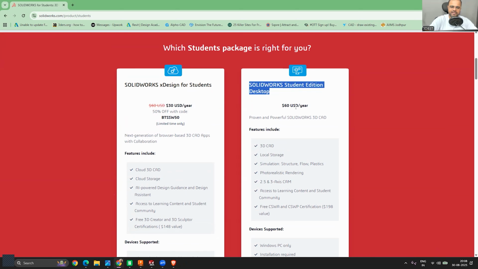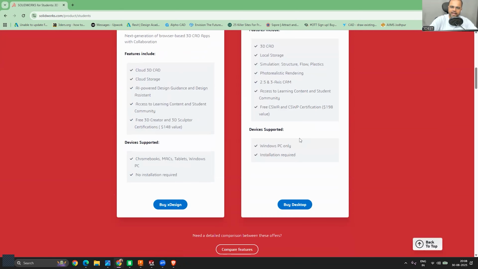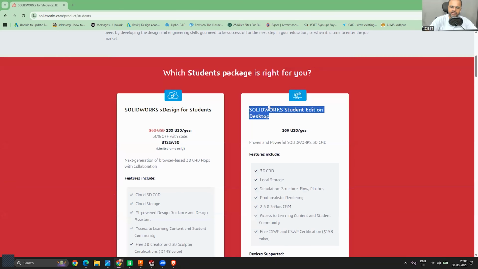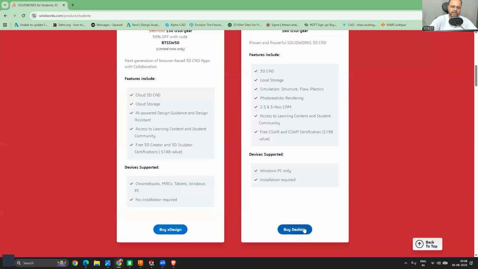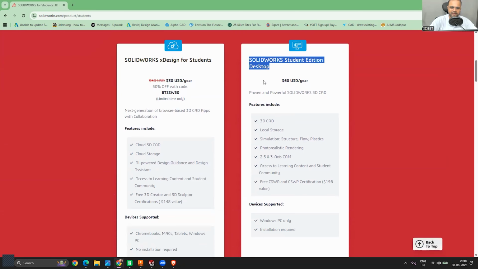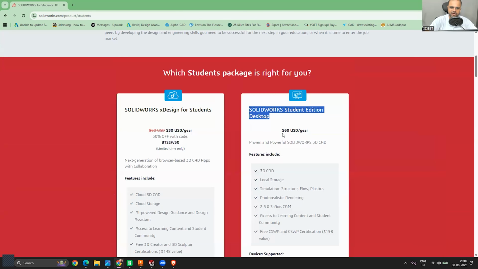Sorry, this one is SolidWorks for student. Desktop edition is $60 per year. But if you are active in LinkedIn groups, there are so many LinkedIn communities that used to provide free coupons to activate your SolidWorks student license. Within a year, I think they used to provide these free coupons 2 times. But you have to be active in the groups and keep checking your social media. Still, if you want it at a somewhat discounted price, you can get it for 30 USD per year. You can find that coupon code online.